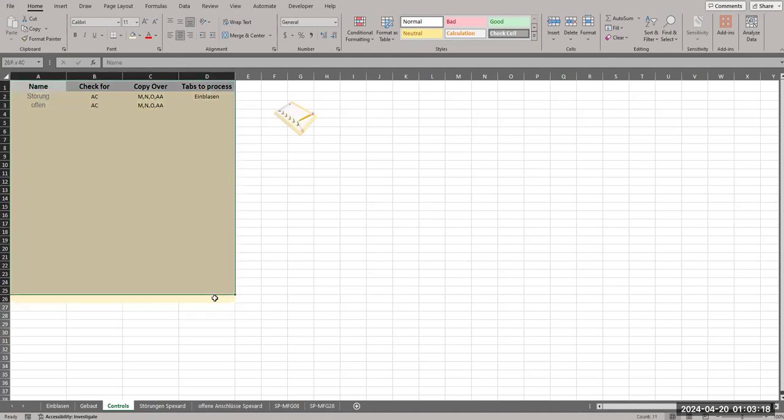So I have created this control sheet, which gives you all the controls: which word you want to search, and in which column you want to search. You can always change whatever column you select in here. This word will get checked in this column, and only this word should be available in that column. If it finds the text in column AC, it's going to take the columns M, N, O, and AA and paste it into a new tab, which will be called strong